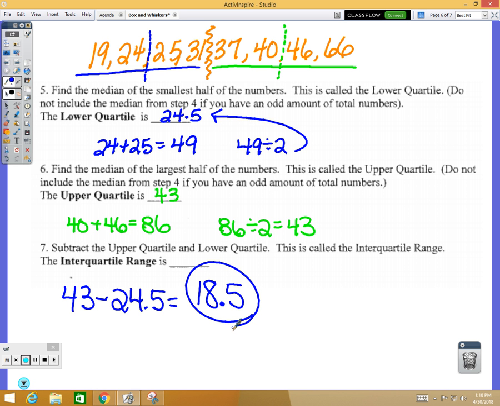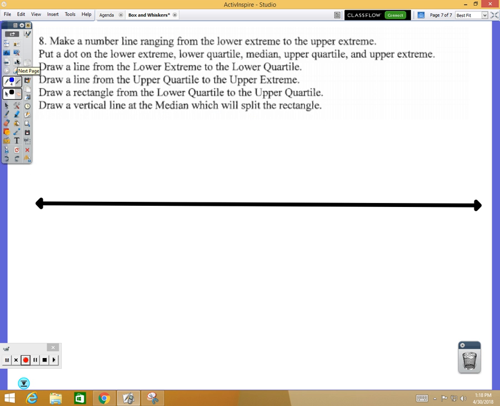So when I look at my numbers, they go from 19 through 66. I would need 19, 20, 21, 22, 23, all the way to 66. That's a lot of numbers. You do not need to write all of those. So I think to myself, well, I could count by 5s. That would be doable. I need 19 to start with, though. I wouldn't start with 19. I would start with